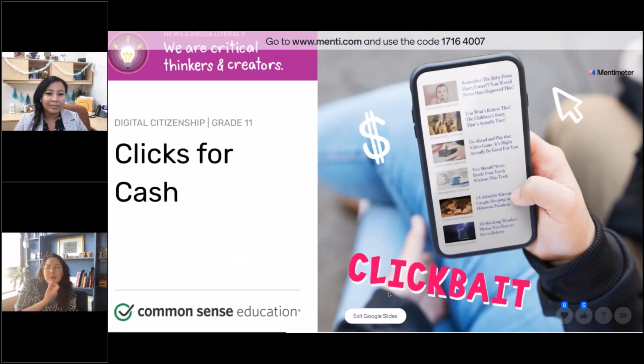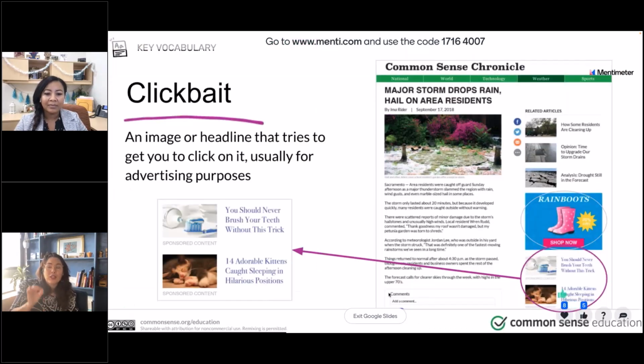I kind of took a different spin on this idea of designing for the larger community. I took a little news and media literacy spin on this, where I looked at a lesson called Clicks for Cash. And in this lesson, you have students understanding what clickbait is. I'm sure all of us experience clickbait, right? When we are in our apps and we're in our social media, we see little advertisements or we get tricked by a headline all the time. Not tricked, but brought in, right?